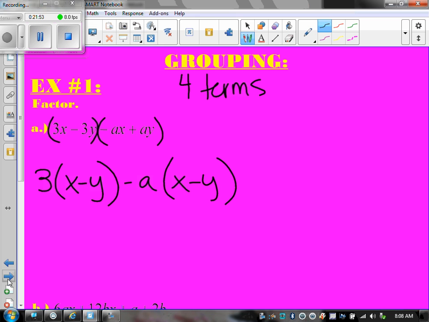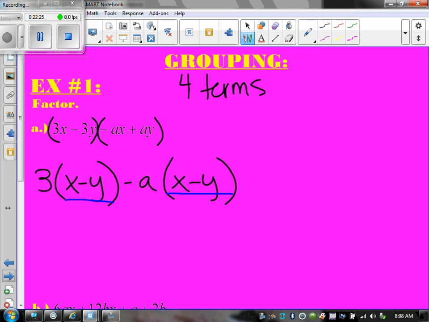And now what do you notice? They have an X minus Y in common. Don't they both now have an X minus Y? Your leftovers should always match. They should always look exactly the same. If they don't, you did something wrong. That's what grouping is. When you have leftovers, your leftovers should match. So if we didn't take out a negative A, our leftovers wouldn't match. Okay, so that's how I knew that we were supposed to take out a negative A, so that my leftovers